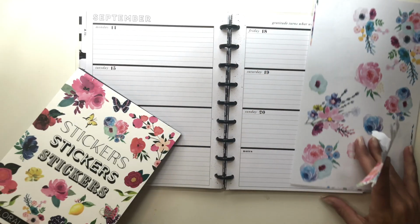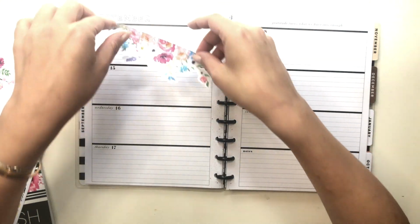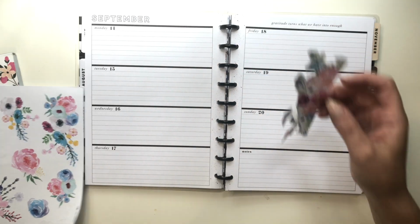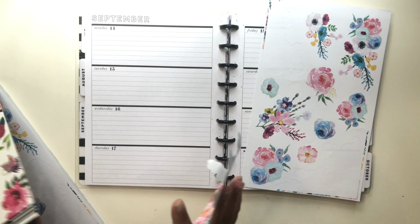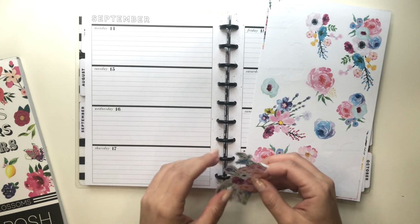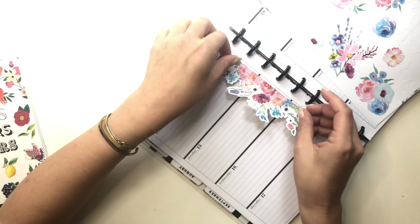Okay, so here's kind of what I'm talking about. If I were to put this here, like I normally would to line a spread, it would 100% cover up my ability to use Monday the way that I like to. And because this is a wellness planner and, you know, I journal in it and I write down information, I want to make sure that I actually have room. So I think what I'm going to do for this is